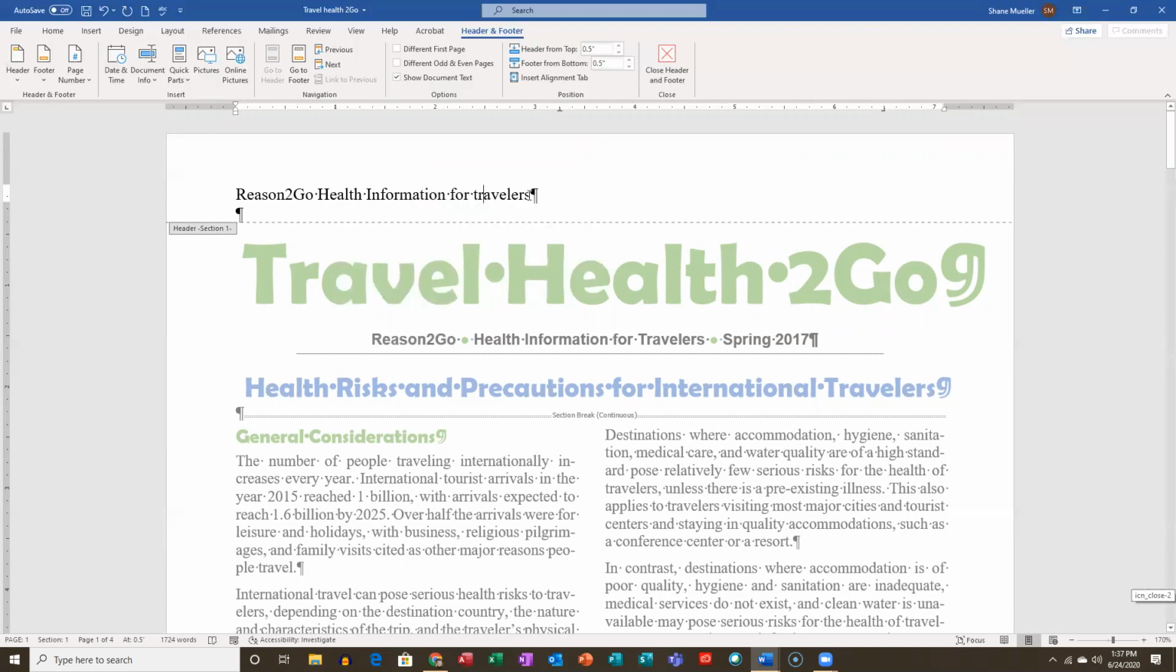Health information for travelers. And we're going to put that in title case. So basically the main nouns, the main words, are going to be capitalized. So reason to go, health information for travelers. Okay. All right. So once you've got the text typed, I'm going to come over to this little left margin with